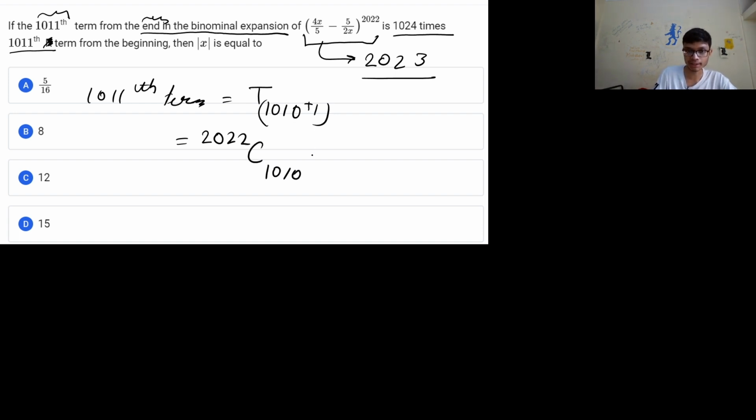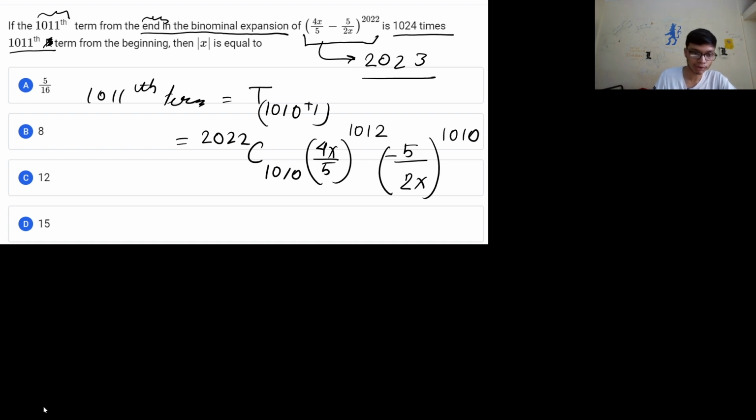Okay, C 1010 into (4x by 5) whole to the power 2022 minus 1010, that will give me 1012. Okay, 1012 into (minus 5 by 2x) whole to the power 1010. So this is how we get the 1011th term from the beginning of this particular binomial expansion. And also if we try to find out what is the 1011th term from the end,